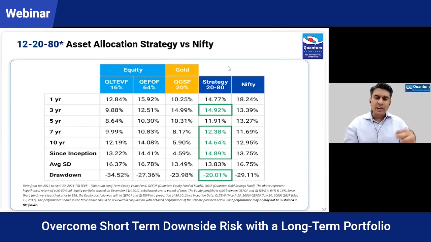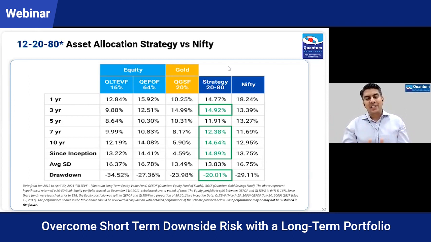So 12-20-80 is a base allocation. You can adjust it based on how comfortable you are, given the life stage you are in and the cash flows you have. Even our dashboard on our website allows you to customize this 12-20-80. It's not that you have to go along with this. You may increase the 12 months to 24 months, 36 months. You can reduce the allocation to equities to 70%, or even increase it if you're young to 90%. And gold could be 10%, 15%, 20%, depending on how you want your portfolio to be.